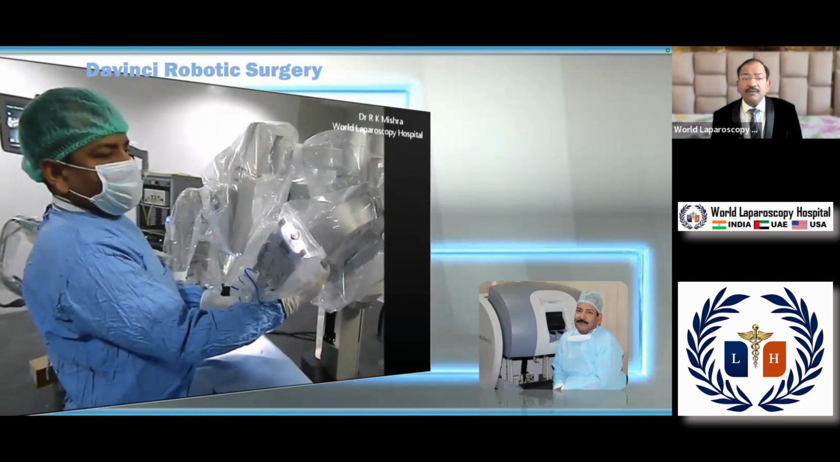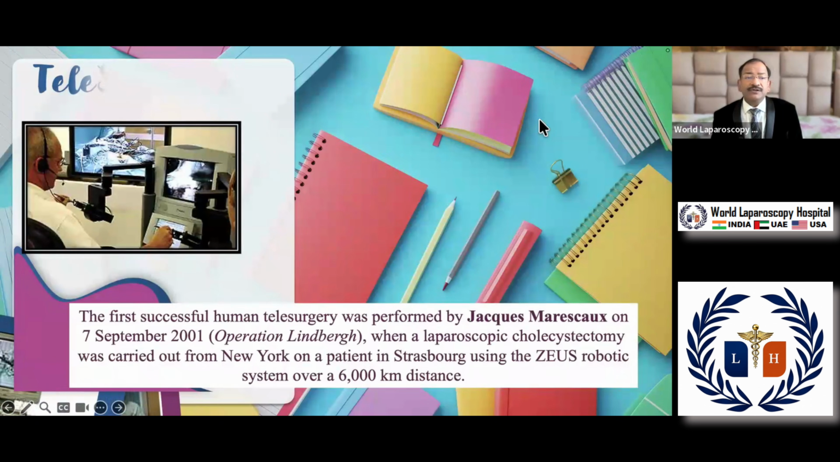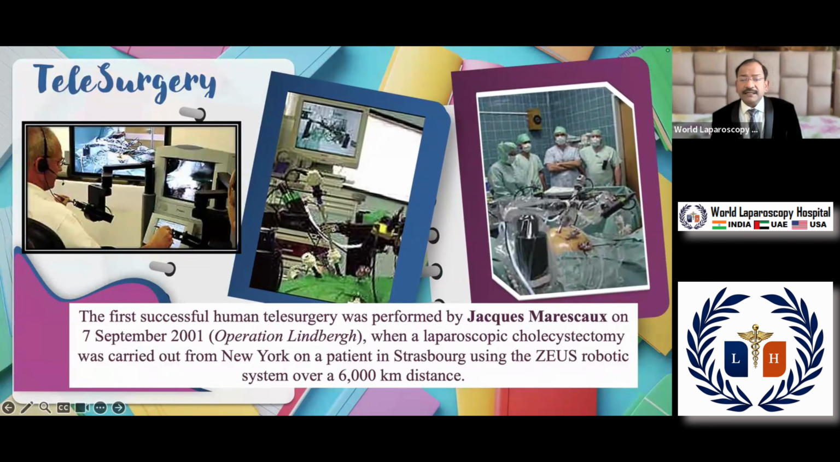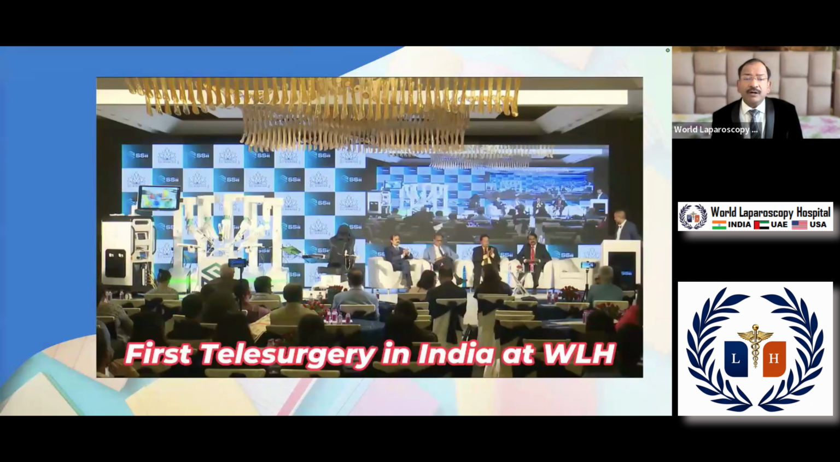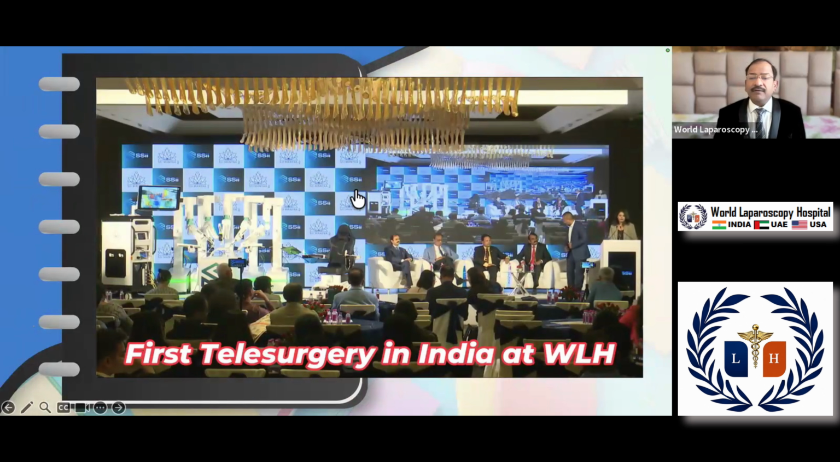These have 4 arms completely, and HD or 4K vision is also available. The first telesurgery in a human was performed on 7th September 2001 from New York to Strasbourg using the robot. In India, we performed the first telesurgery, and that was by our Made in India